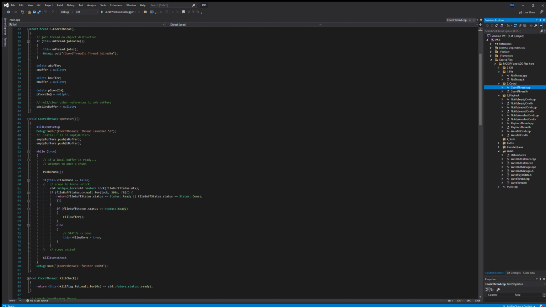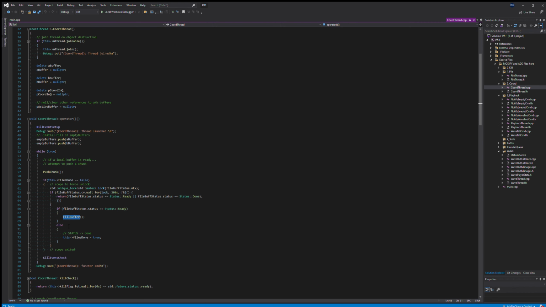The other work here is to take data from the file buffer and put it into our buffers. So we're going to make sure we lock the file buffer status. We're going to do a conditional variable wait for here because we have other work we could do and we don't want to be locked up here. And then if that status has been set to ready or done, then if it's done, we're going to set this local member variable to true, so we can keep track of that done state. We need to continue to poll the file buffer status. And if it's ready,